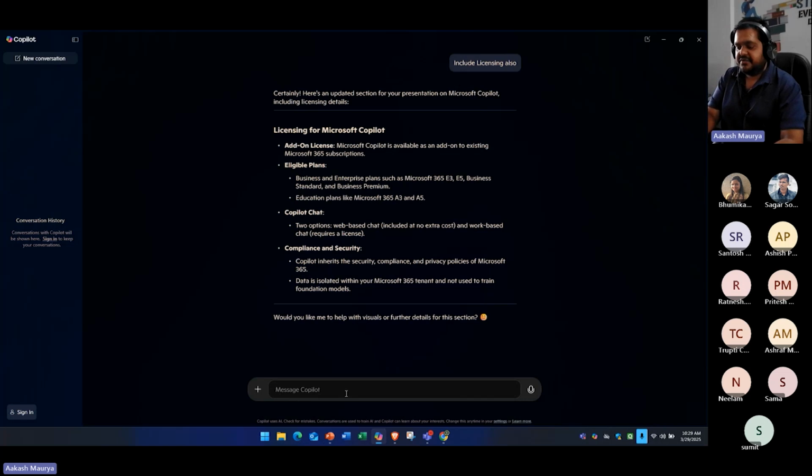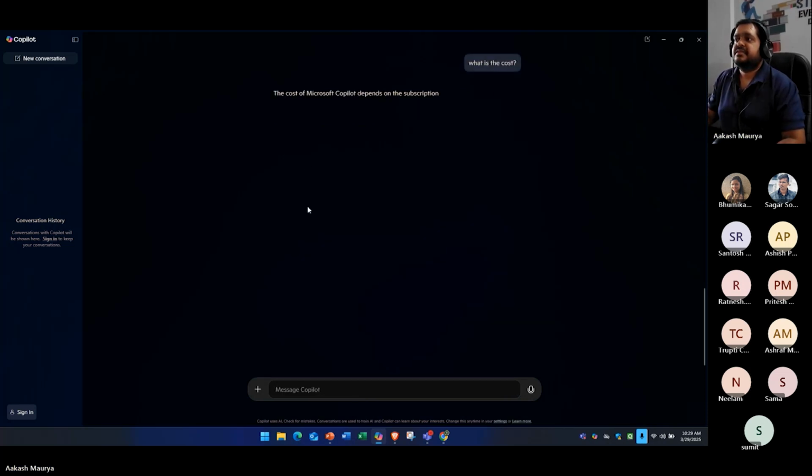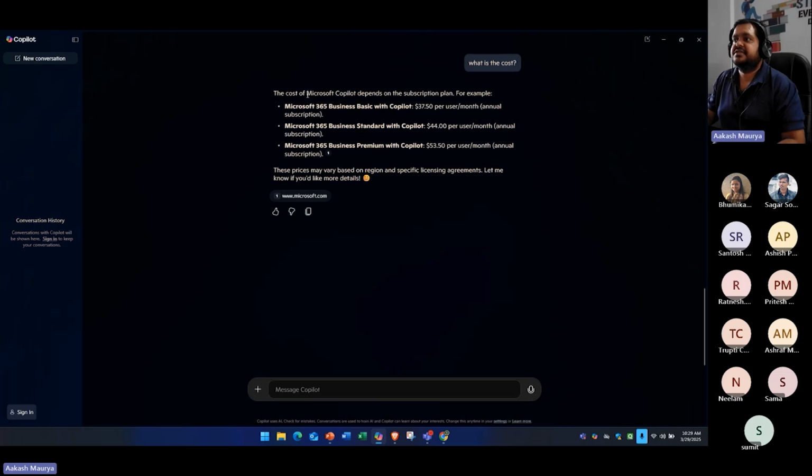context. Like if I ask the Copilot what is the cost, again you can see that it is giving us the answer based on the context, and it gives the link also. If I click on this link, it will open the Microsoft 365 official documentation where this information is mentioned. Okay, and now the second thing that we can do, like I want to take leave on Monday